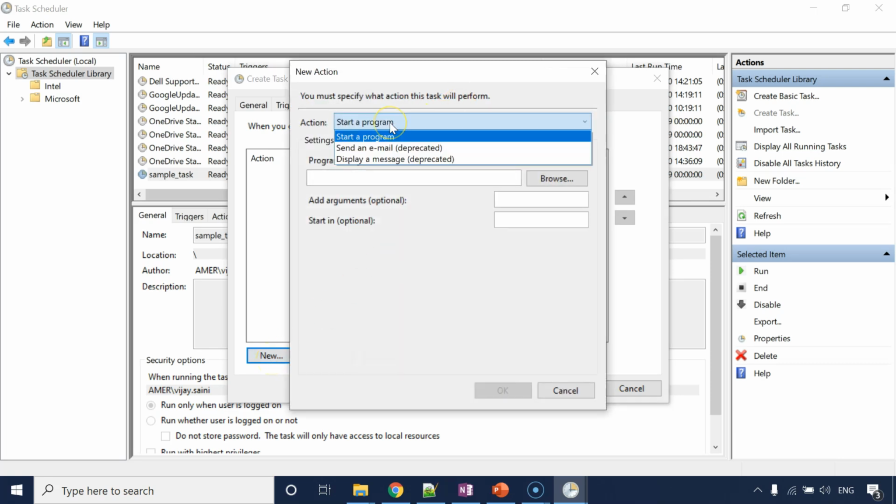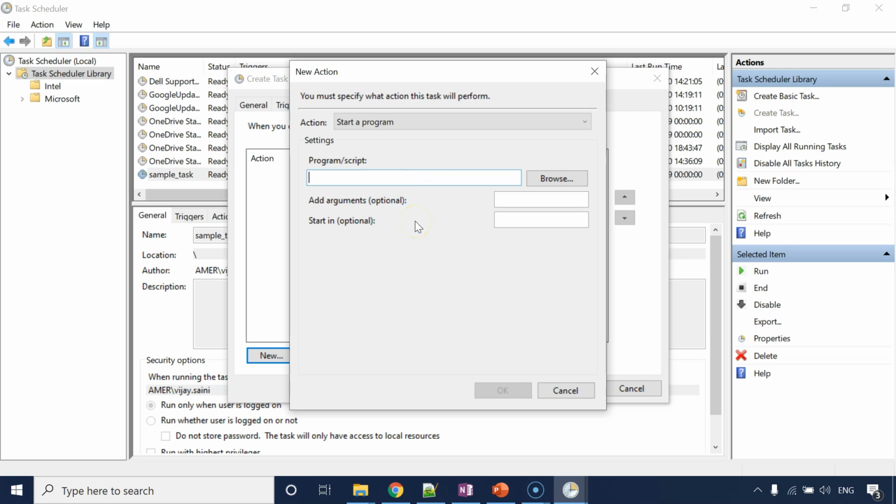Now, action could be start a program, send email, display message, etc. Send email message and display message options are deprecated. Basically, Microsoft wants us to script whatever action we want to take, right? So these options are deprecated. So start a program we can pick, and then we can define what program we want to execute.